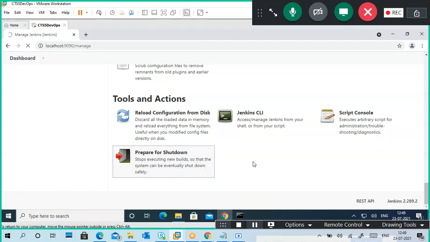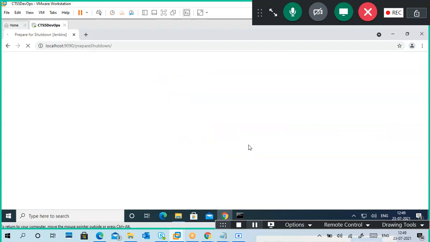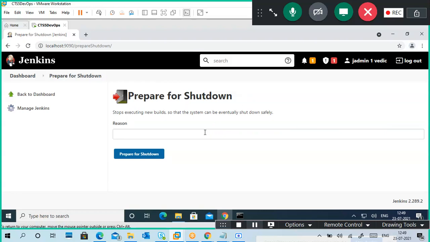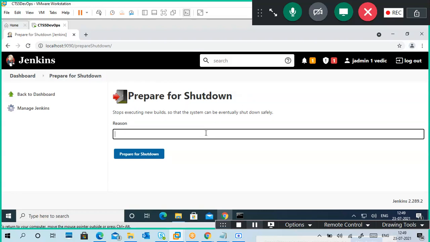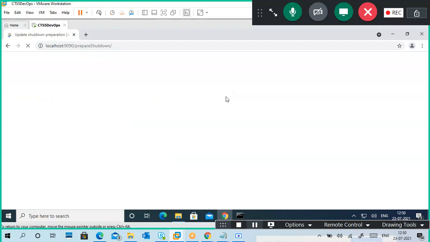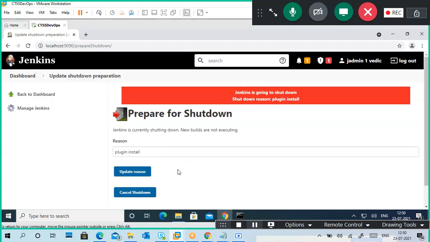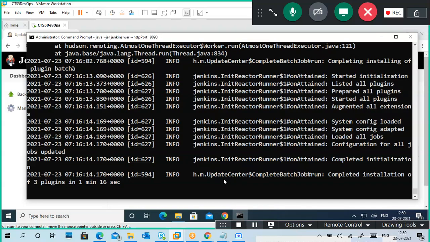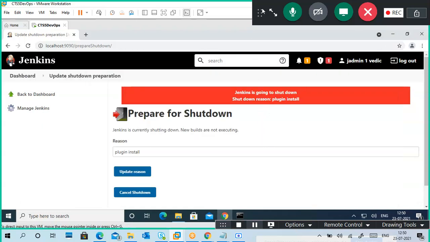Due to proper time not being available, I may not be able to show everything related to DevOps. Mainly what I know, it's preparing for shutdown, but it may not shut down. It is always like that. No problem. We'll go to the quick review and we'll come back to this one.